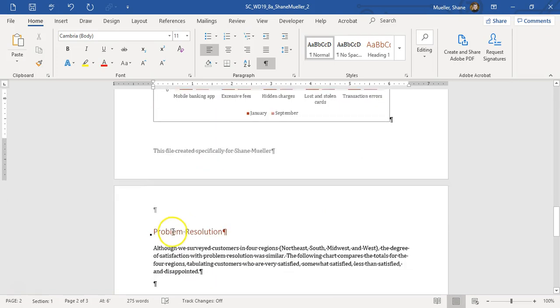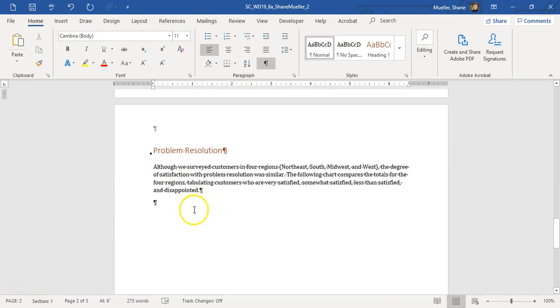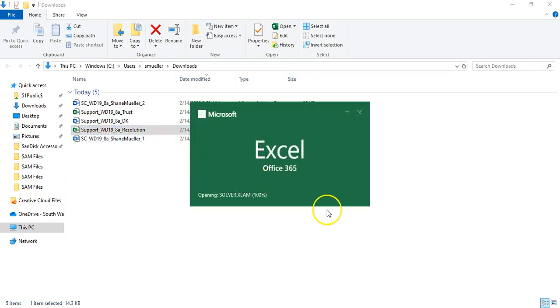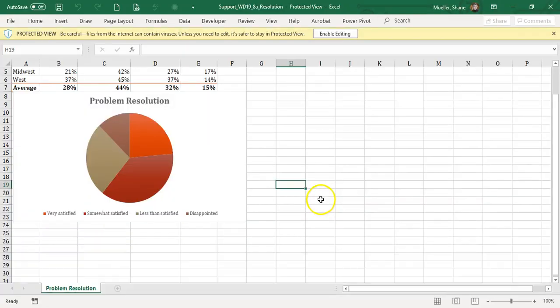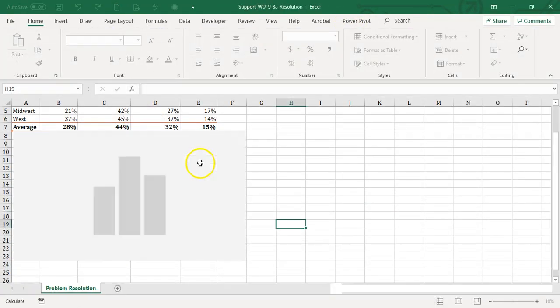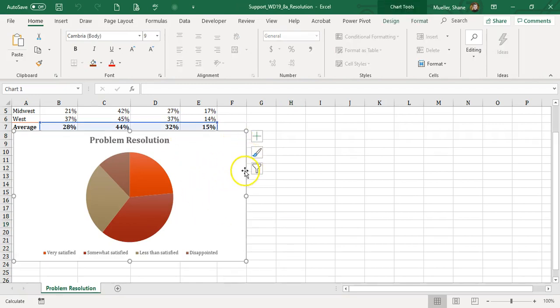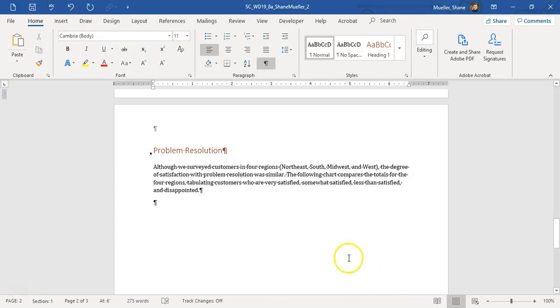Step number 7 says in this problem resolution area, we're going to link an Excel workbook data. So we're going to go ahead and go back, open up this resolution spreadsheet. All right, and then it says copy the problem resolution pie chart. So here's our pie chart. We're just going to select on that outside border, copy it, come back over to Word, and in this paragraph